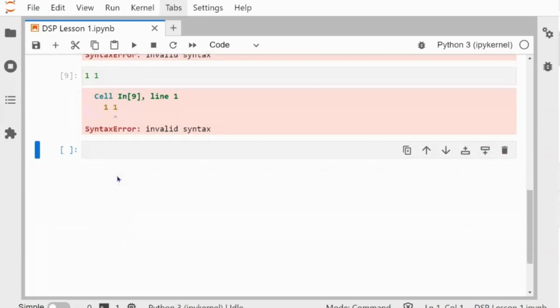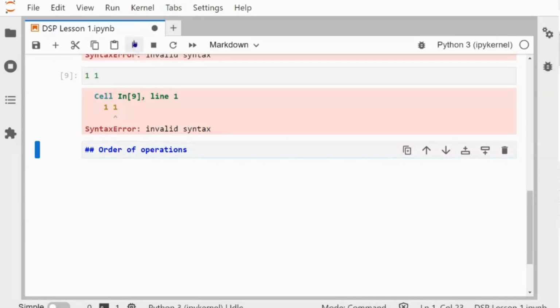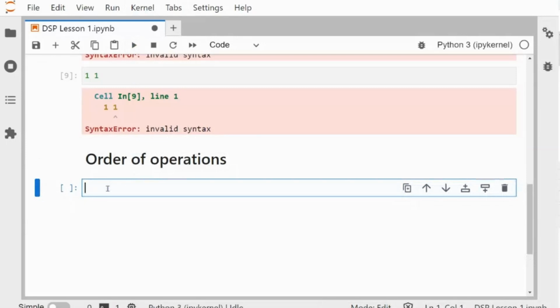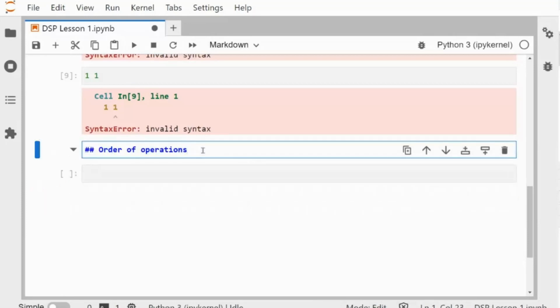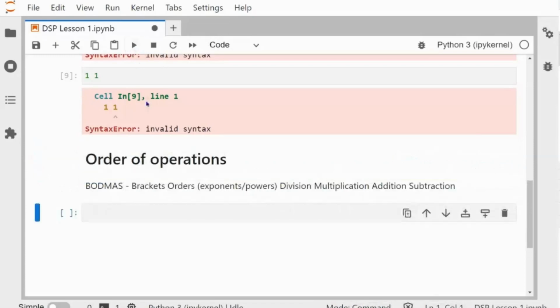Let's just scroll up a little bit and add another title, Markdown. I'm going to make it the same size as the syntax one, type order of operations. So there's no spell check in Markdown. Just forgive me if there's any spelling mistakes here. We'll run that. And I'm going to go back into this Markdown that we just ran by double clicking it, which will take us back to edit mode. I'm going to paste something I've got here and run it again.